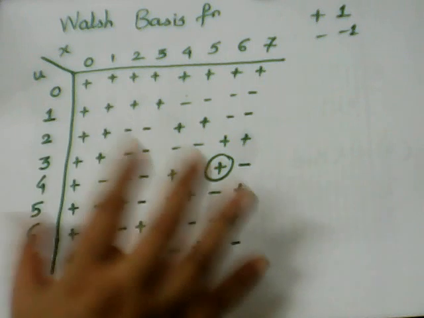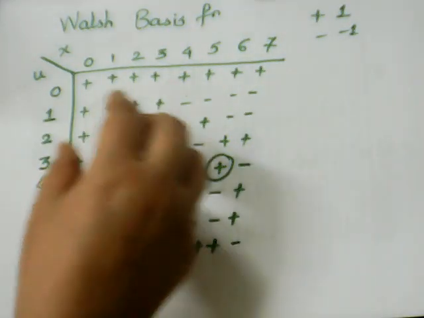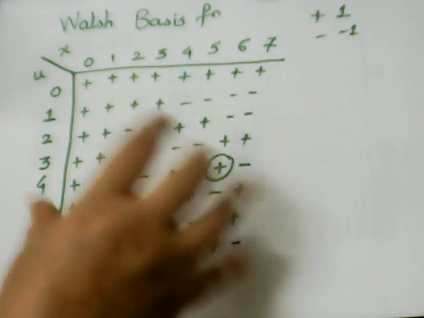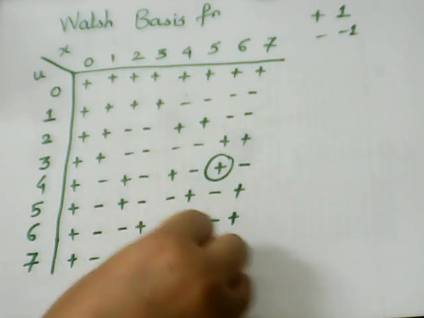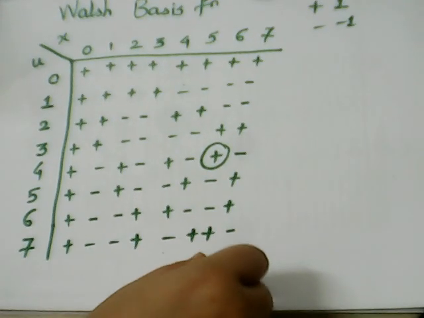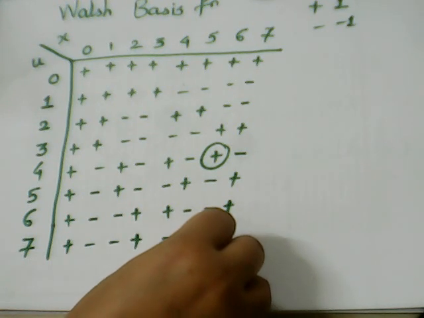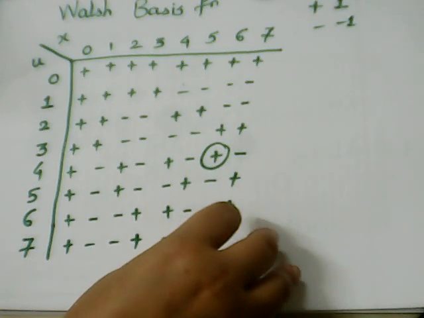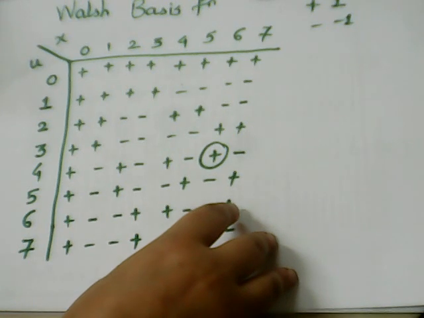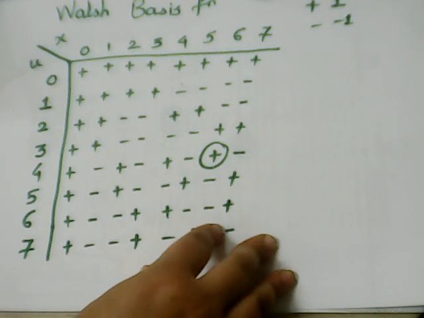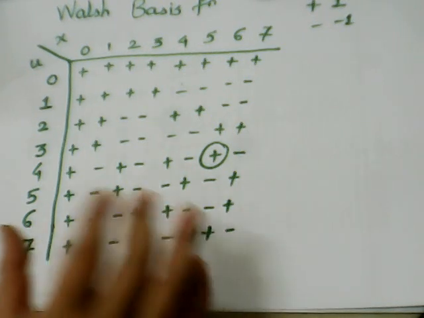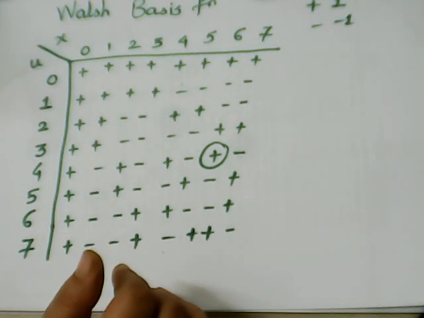Can you find any property, any common phenomenon, any logic to remember this? Any idea? Think. Wash up the brain, think about it. No? Actually there is no clue to remember these values.